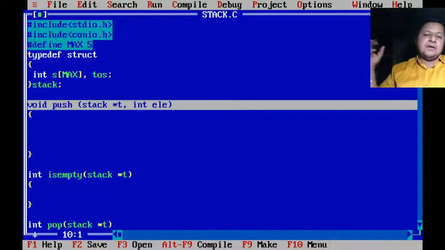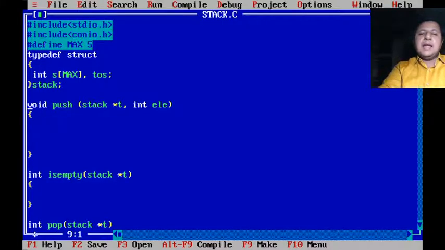So if at all I have a variable x in main which is being pointed to by pointer t, how do I refer to the members of x? x.s could be referred to as t->s. x.toss could be referred to as t->toss. So the only change I'll be having here is I would not be referring to my s and toss directly in my functions.